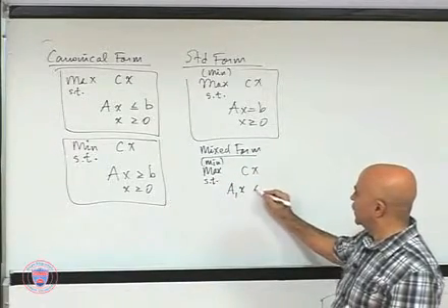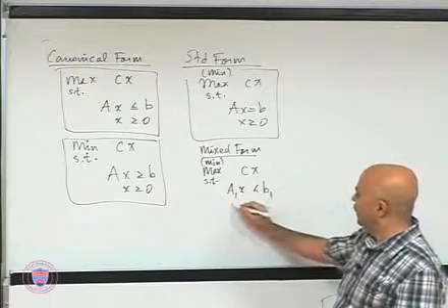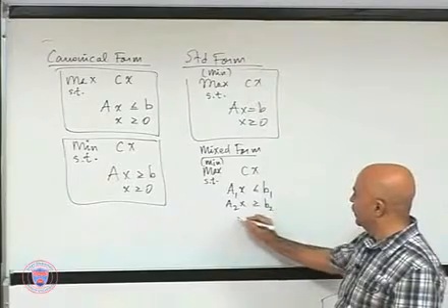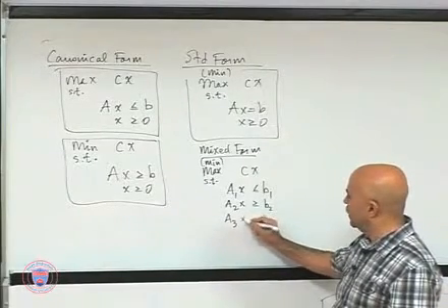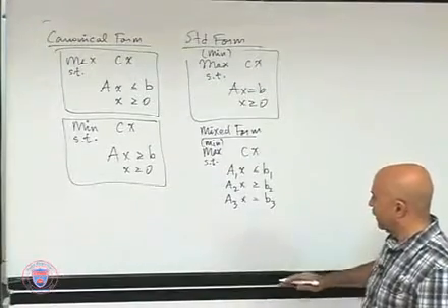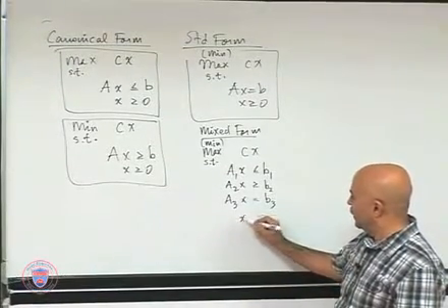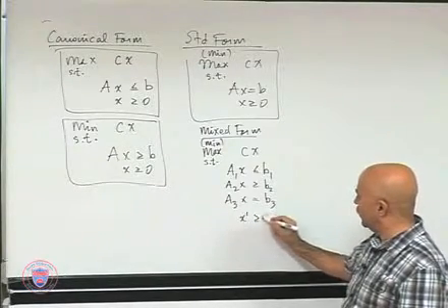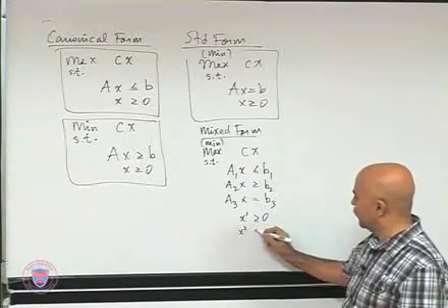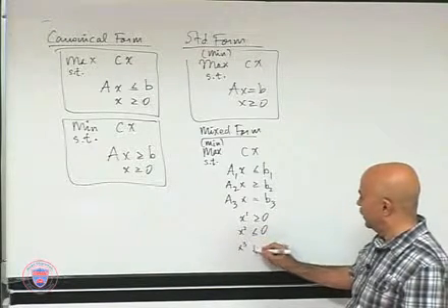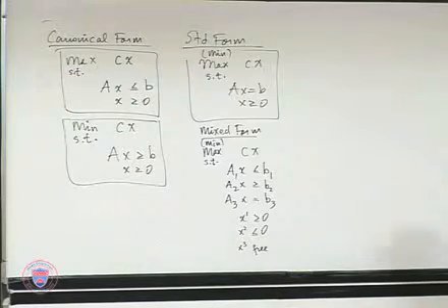a1x less or equal b1, a2x greater or equal b2, a3x equal to b3, and then say x super 1 greater or equal 0, x super 2 less than or equal to 0, x super 3 free or unrestricted, where